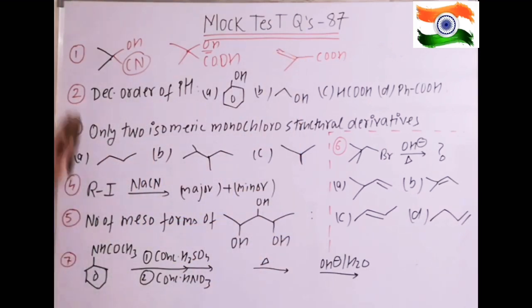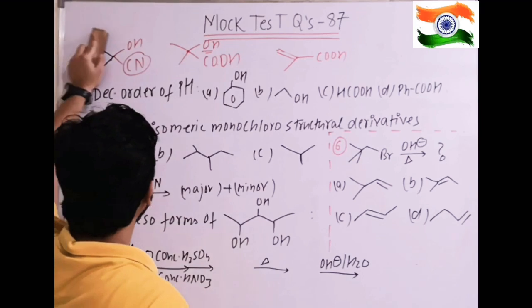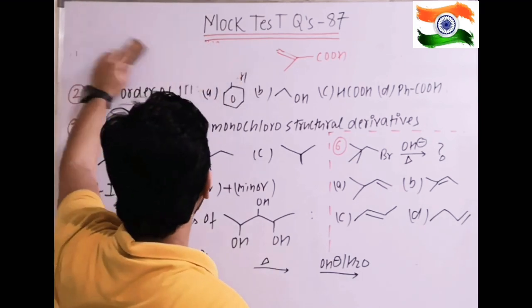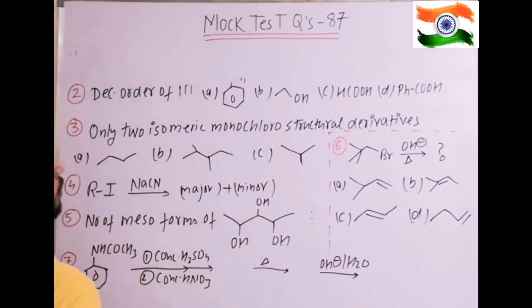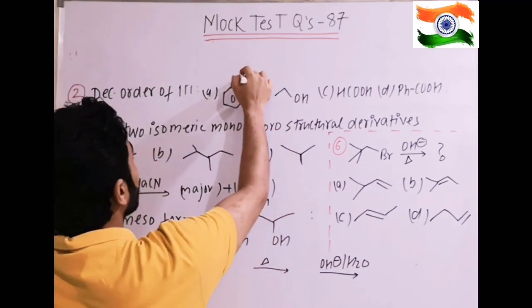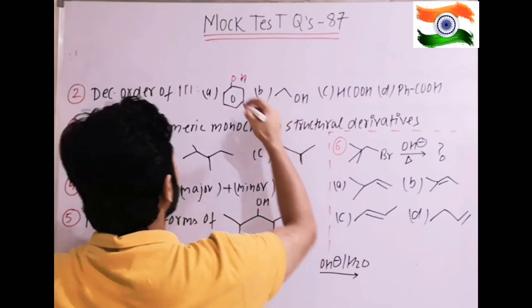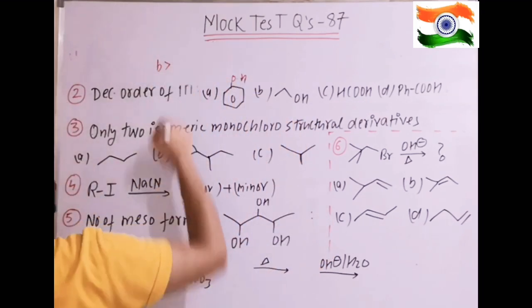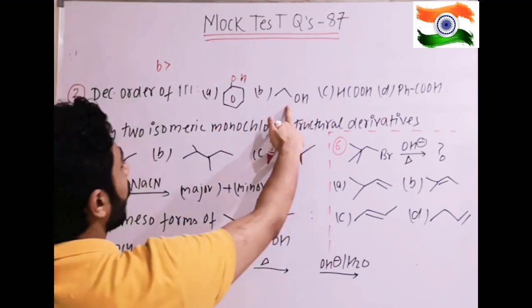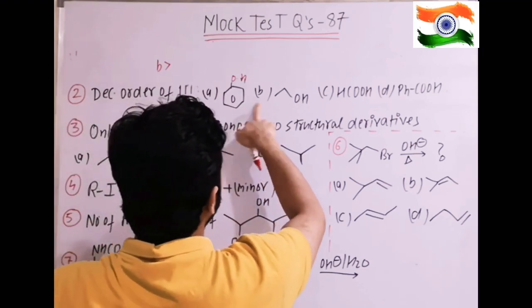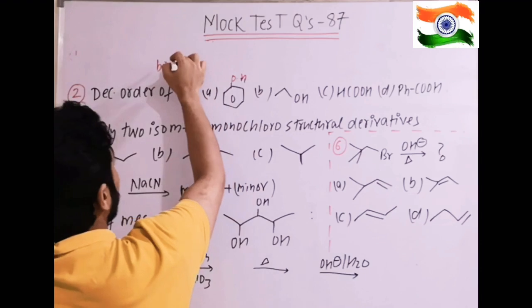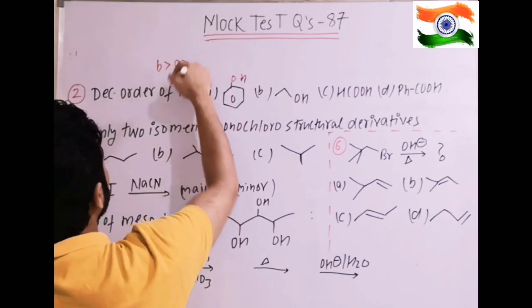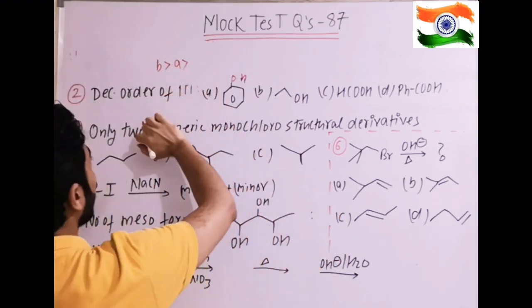Now we know that among them, the least acidic will have the maximum pH, right? So you can identify among them, it is phenol, then alcohol. Alcohol is least acidic, that means B has maximum pH. After that, phenol is more acidic, and it is less acidic than C and D because they are carboxylic acids. So after B, more pH, less pH of A.